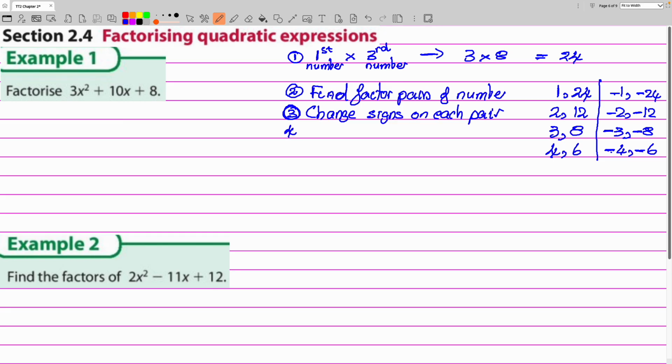Step number 4. By the way, none of us are writing out these steps ever again. You're learning them and they're in your head. None of us are writing them out again. So number 4, find the pair